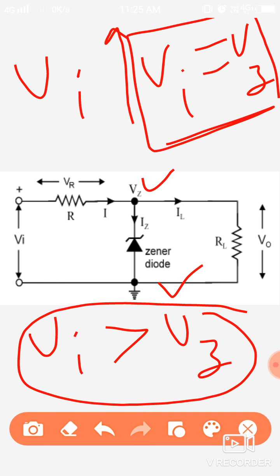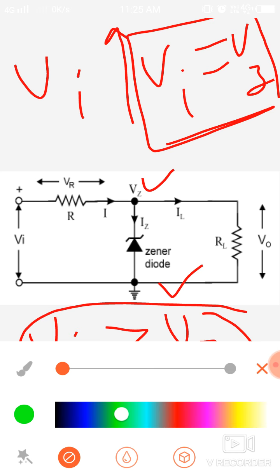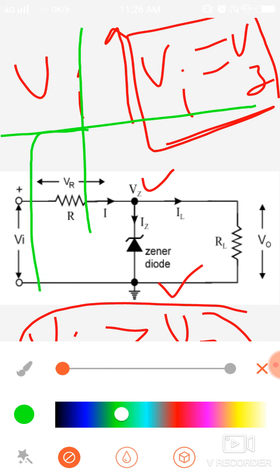At this condition a lot of current will start passing through the Zener diode. As we know from the characteristic of a Zener diode, in reverse bias the Zener diode will start to pass continuously higher current, then all the current which is passing through the Zener diode, till whenever the voltage is not equal to